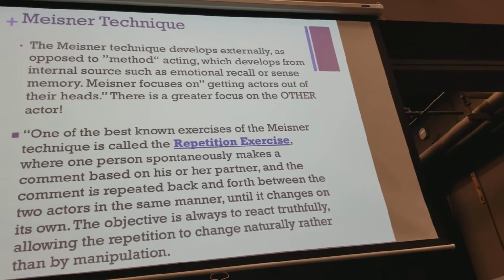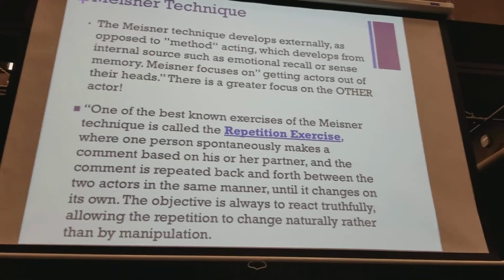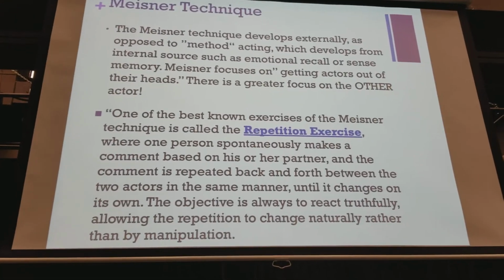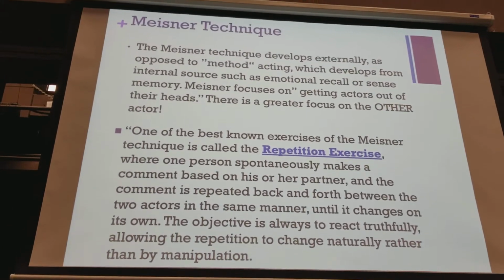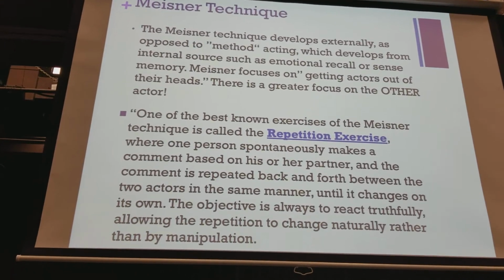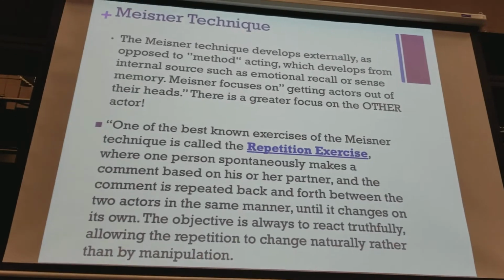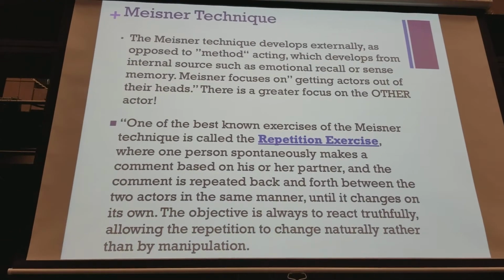So the repetition exercise is a series where you and a partner go back and forth, repeating the same small text and dialogue until something changes. And what do I mean by that, right? So an example of the repetition exercise is I could say to Aubrey, you're wearing a black hoodie, right? I'm making an observation. She responds, I am wearing a black hoodie. And we just continue with that text until